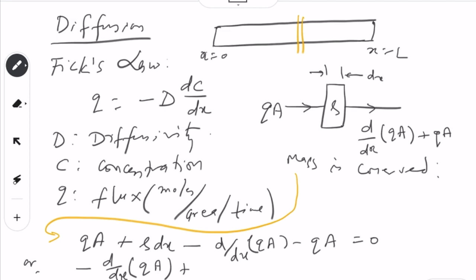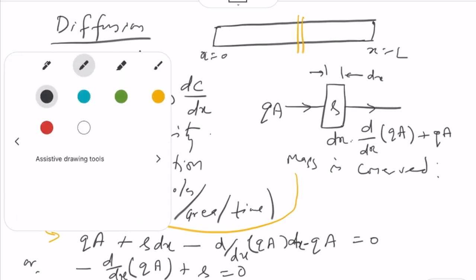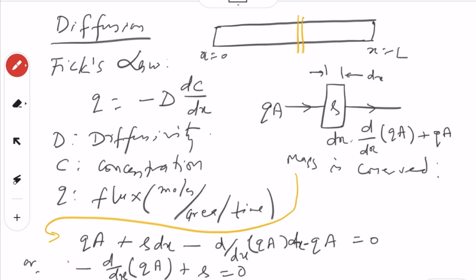So there will be a dx term also here, minus like this. So there will be a dx term here. Okay, so let's pre-multiply this by dx. So dx multiplied by dx over qx plus qa, plus s equal to 0. So if you see, this term is actually similar to what you got in the case of heat